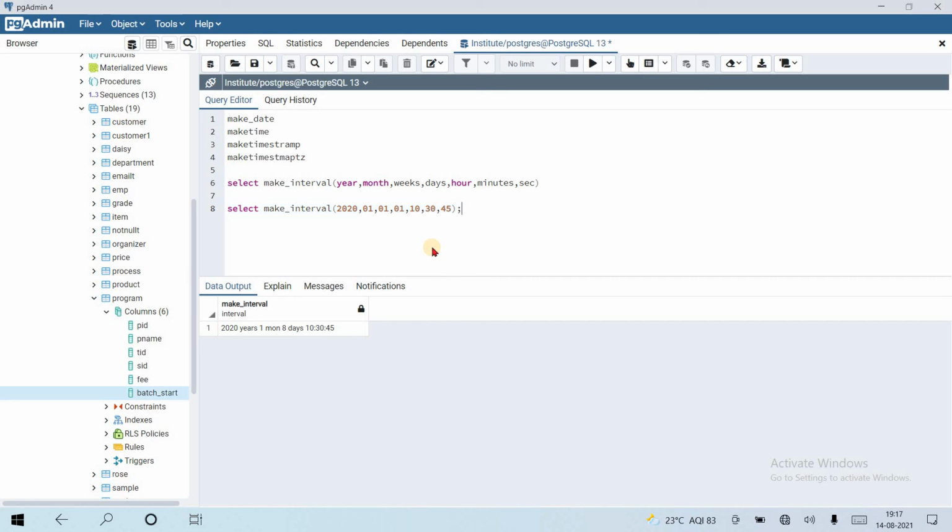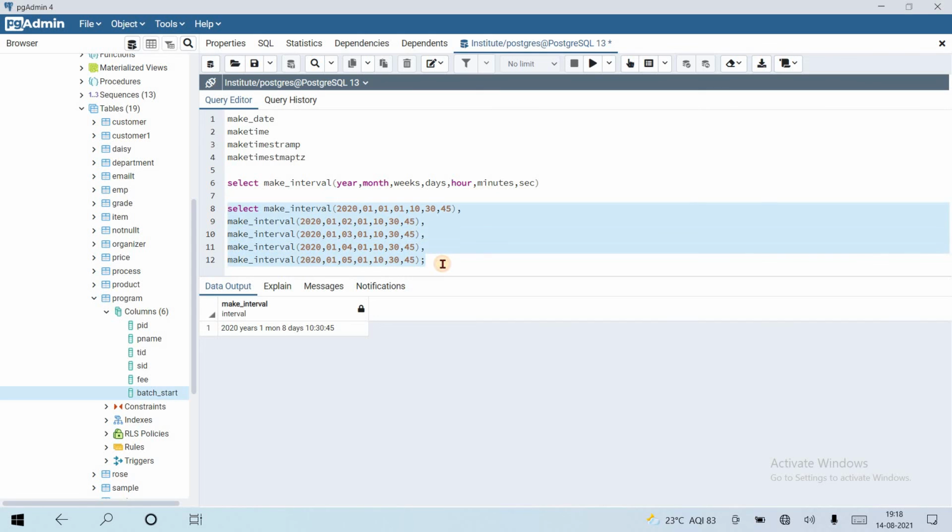Okay, see the effect of the week number. Suppose first year, month, week. Let's copy this several times. Let's change the third value and see the effect: 1, 2, 3, 4, 5.